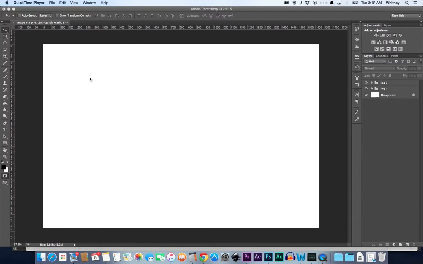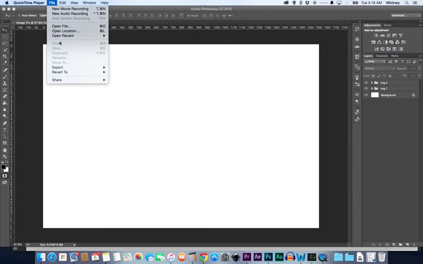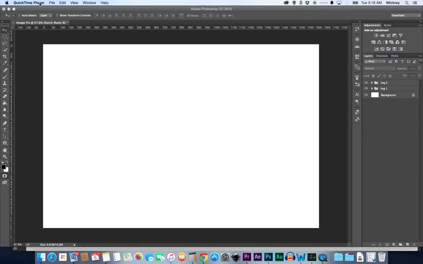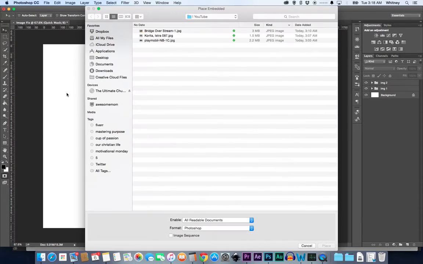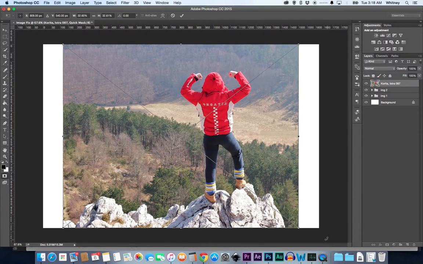So I want to go over here and we're going to work with an image. Let's see, I'm going to get out of QuickTime. I'm using QuickTime to record the screen, in case you didn't know that you could do that. So let's go to Photoshop and File, Place Embedded. That allows you to place an image on the canvas. The first one we're going to work with is just this image of the back of a girl and her